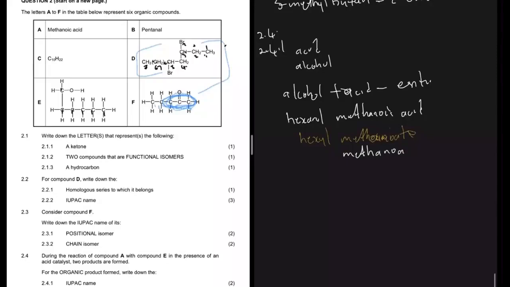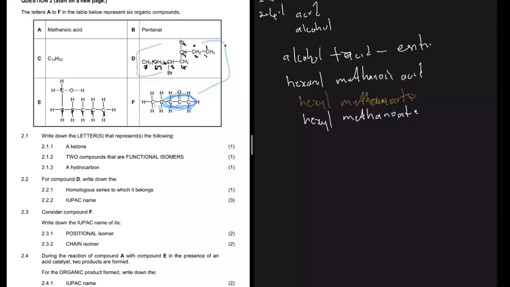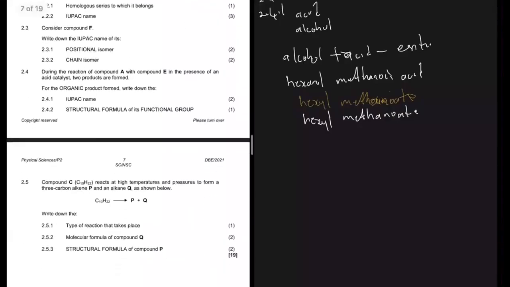But okay, it's not really visible. Methanoate. Yeah, so that's it. That's the name of the ester. So if you add butanol, you're going to have butyl methanoate, and then for a different acid, you know what to do. So we are done with